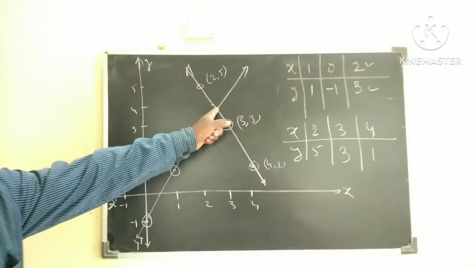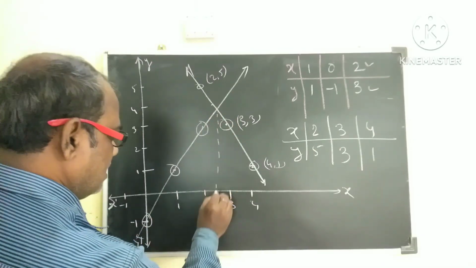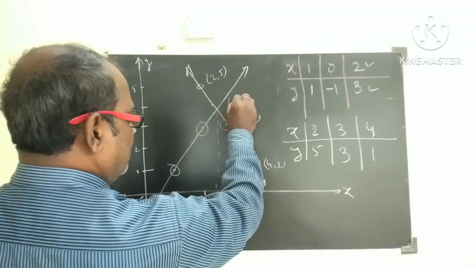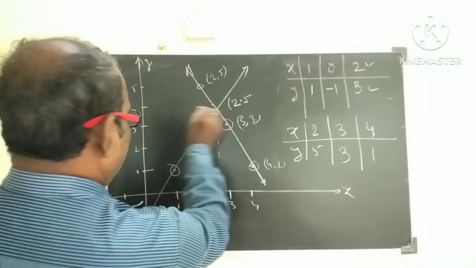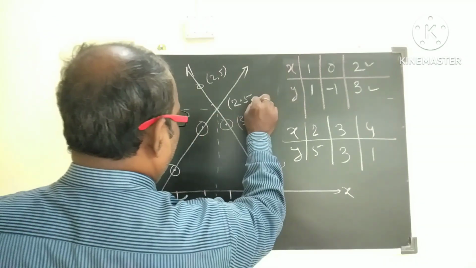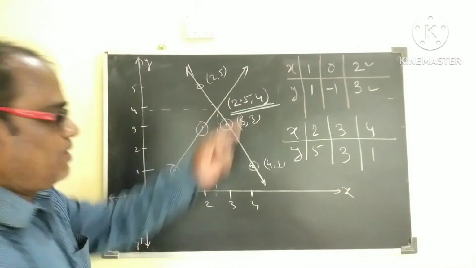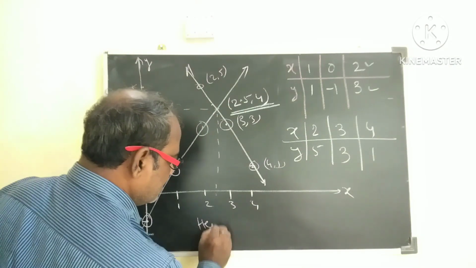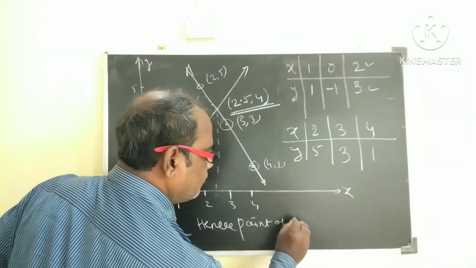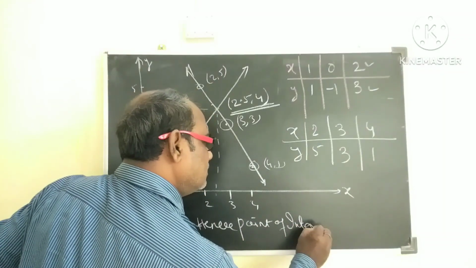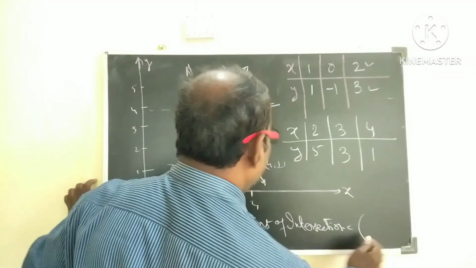So we have to find out this point. This point is, x is somewhere here. That is 2.5. And y is 4. So this is the required point from the point of intersection. Hence, point of intersection equals to